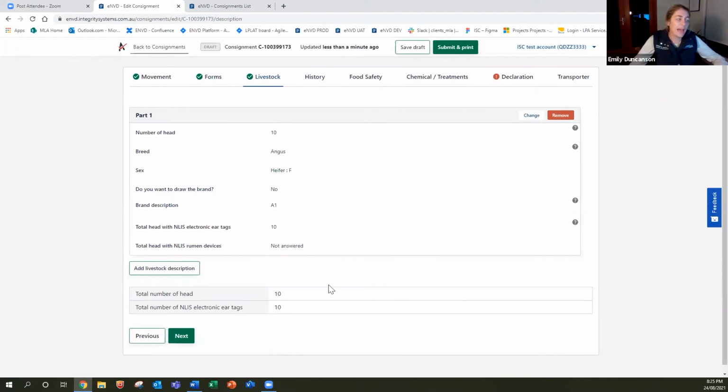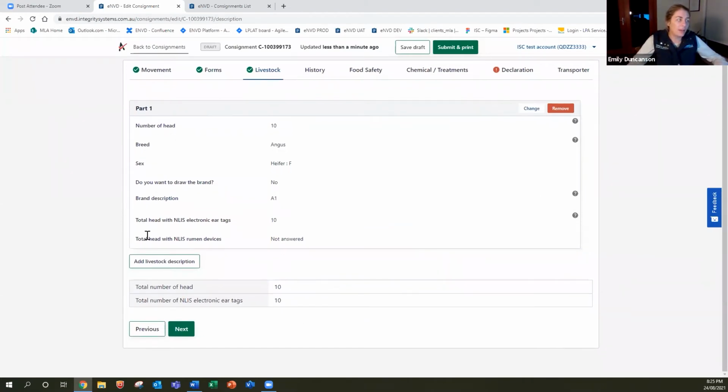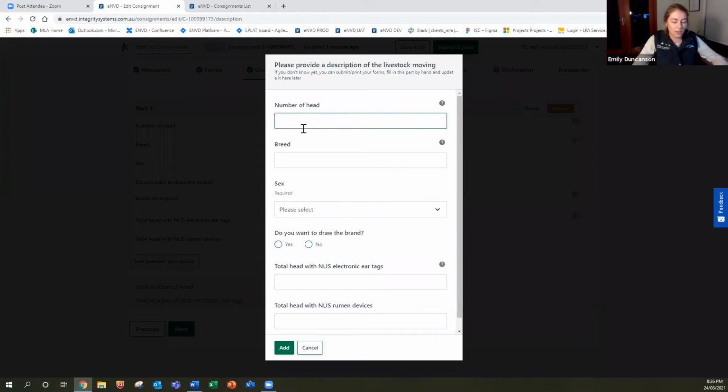When I select add, that's one line of livestock, so that's the first part, and my total head count is at 10 because I've added 10 head. If I have more livestock to add, I can add another livestock description here. So let's just say I have 10